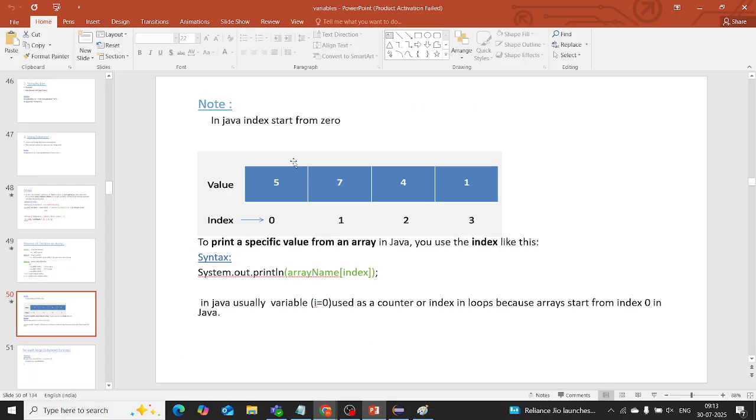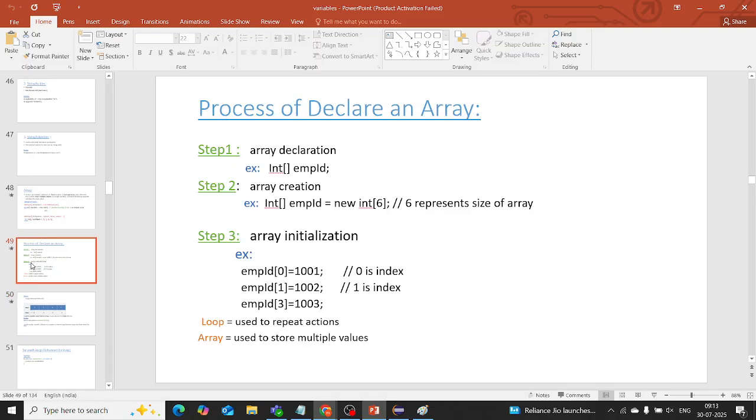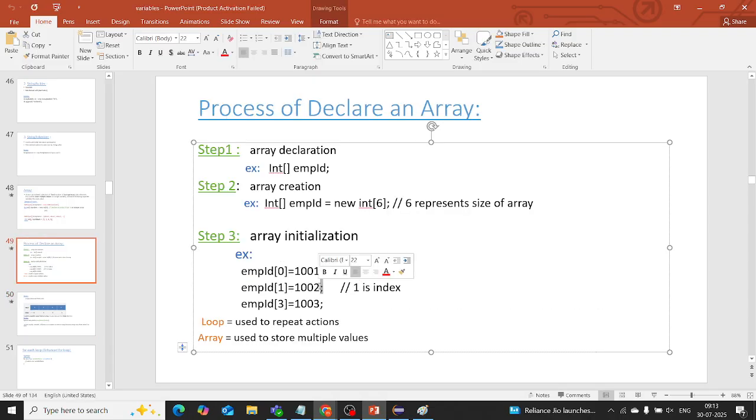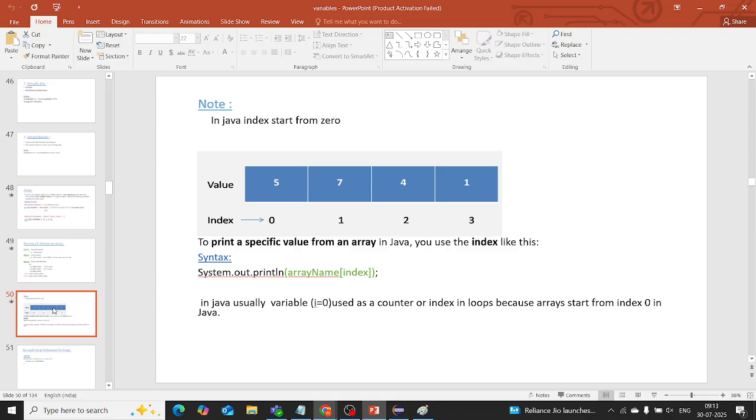So suppose I gave data like 5, 7, 4, 1. It will store in memory like this. The index is there: in index 0, 5 will be stored, in index 1, 7 will be stored, like that. In index 3, 1 will be stored. If you want to see what element is available at index 2, we have to give index 2 here, then we can get that data, nothing but the value. So that's it about